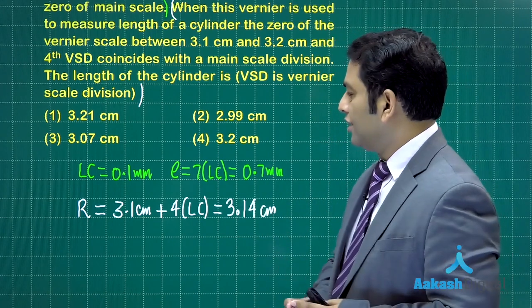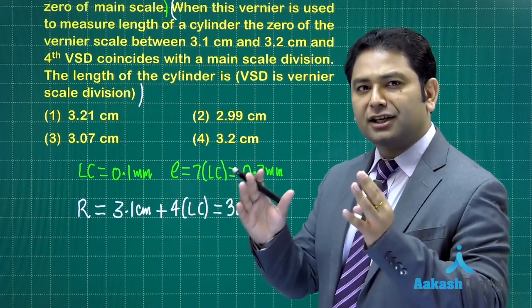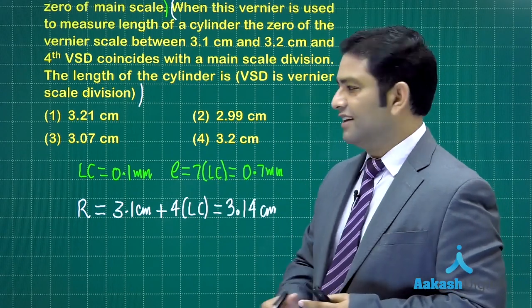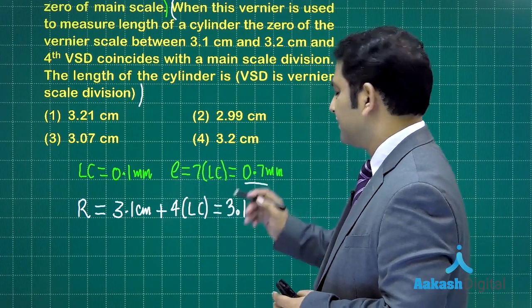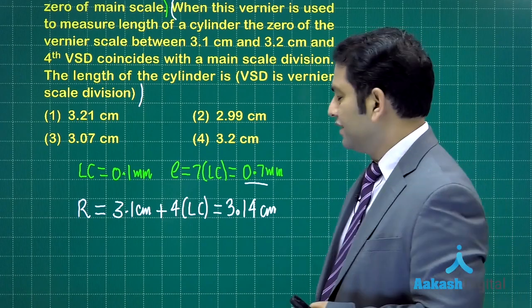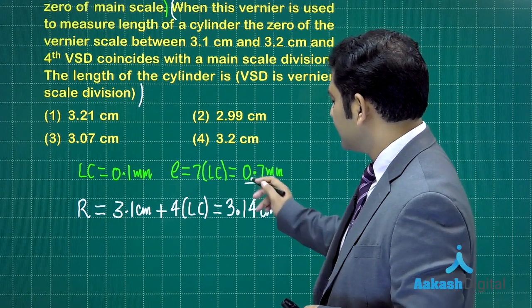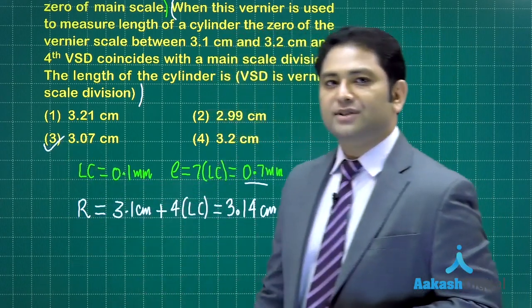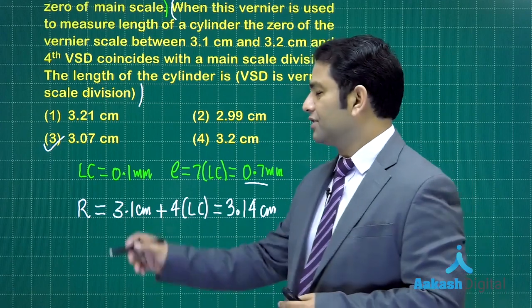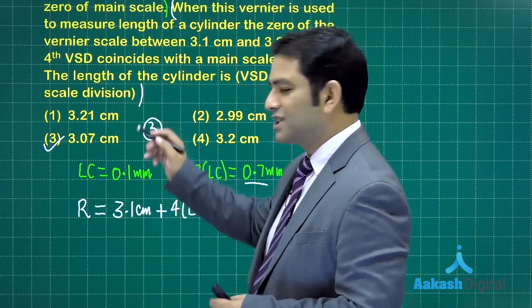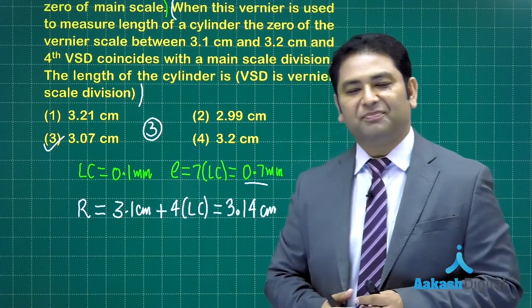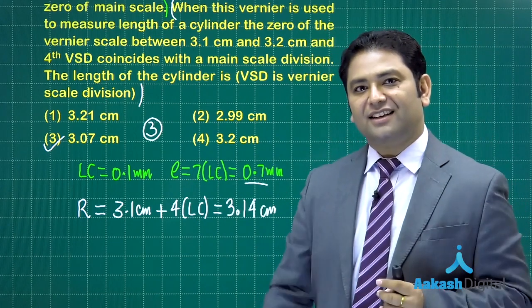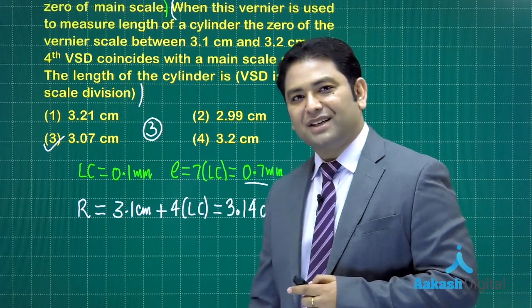And after all, the final thing, the correct value, the error has to be compensated suitably. Since the error is positive, the correction would be negative. So you need to subtract this from the reading. So that's a straightforward one, 3.07 centimeter. Option number 3 would be the correct one. So you could see it's a complete, wholesome question that allows you to have the concept of everything. Now let's go to question number 10.